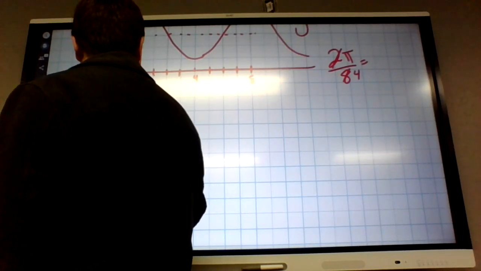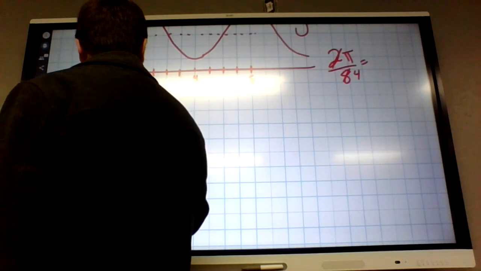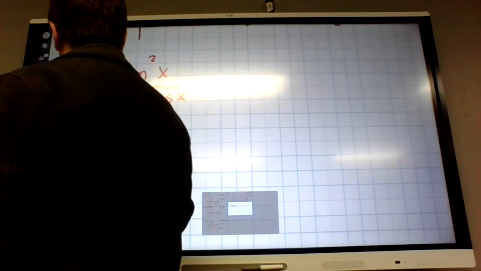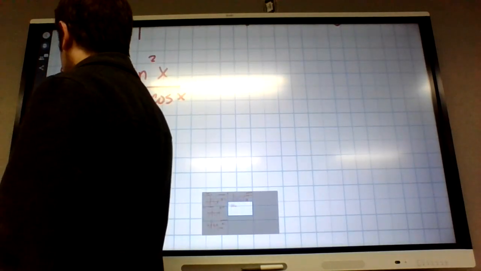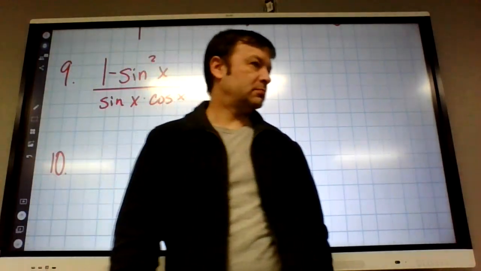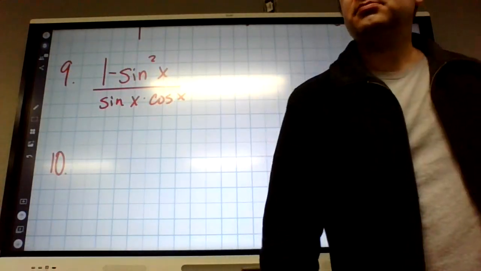Okay, simplifying, everybody's favorite. This is the one thing I don't understand. It takes a second, but then you get the hang of it, as long as you just